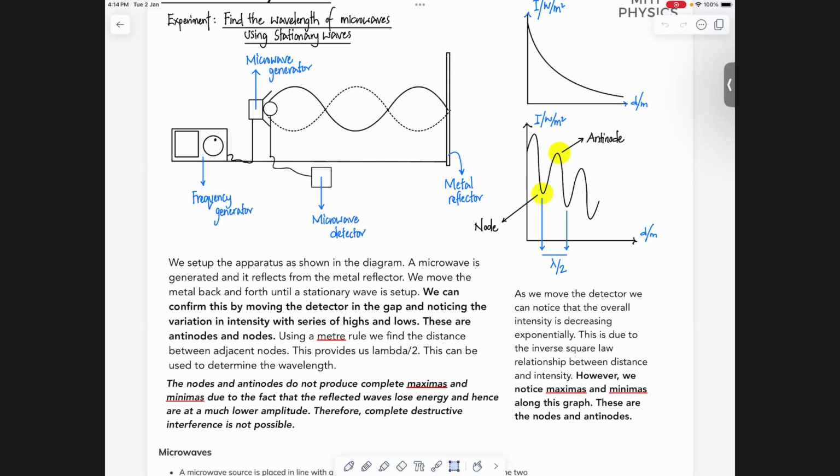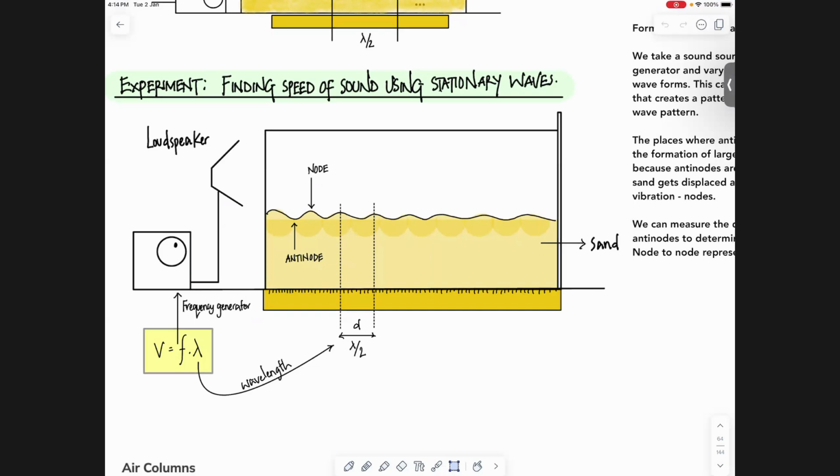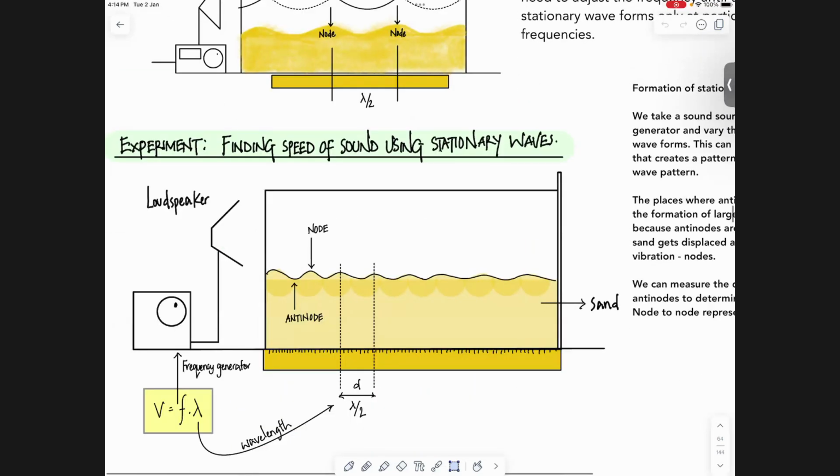Okay, using sound waves. The way we do this is using sand. What you can see here is a container that contains sand, right? You take a loudspeaker and produce sound. Normally, as the sound travels in front of this, you'll find that the top surface has some vibrations, because sound can distort material. Sound is what wave? Mechanical wave, right? However, if you keep changing the frequency, one particular frequency will show up where you'll start to